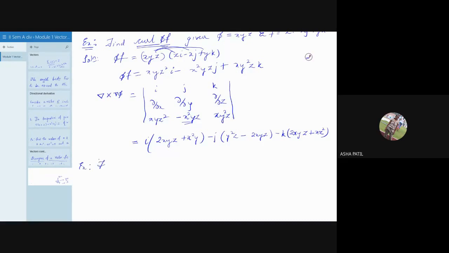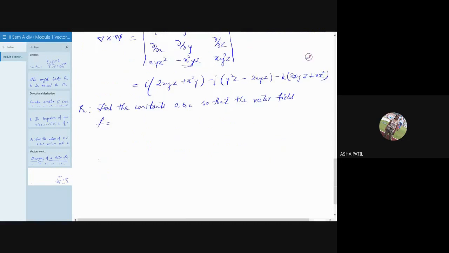To find the constants, find the constants A, B, C so that the vector field F is equal to (x square minus ayz) i plus (y square